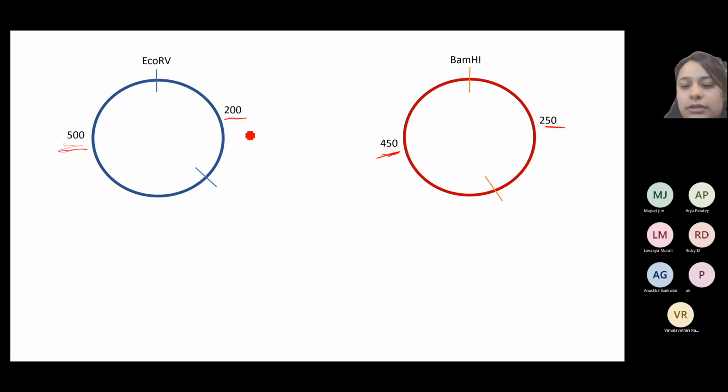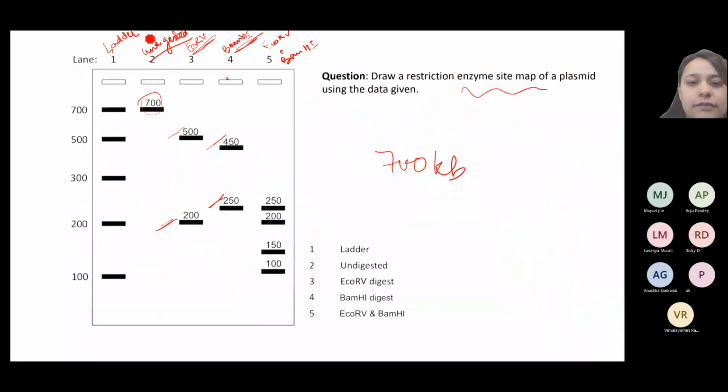Now for this double digestion, we need to see how we will draw this particular final plasmid with restriction enzyme sites. So over here, we need to see if there are any restriction sites that map with any particular restriction sites of EcoR5 or BamH1. So these two restriction sites are the same as that which is present in BamH1 and 200 and EcoR5. That there is one particular segment